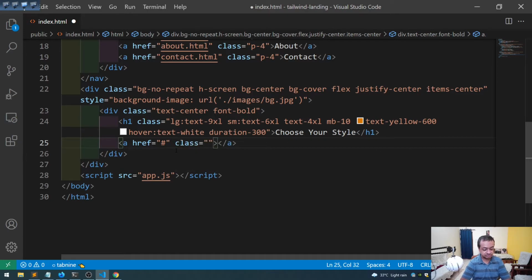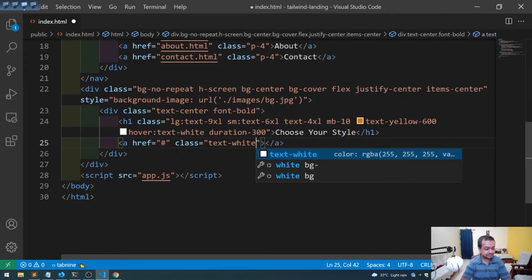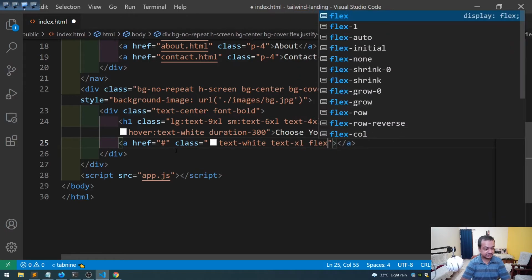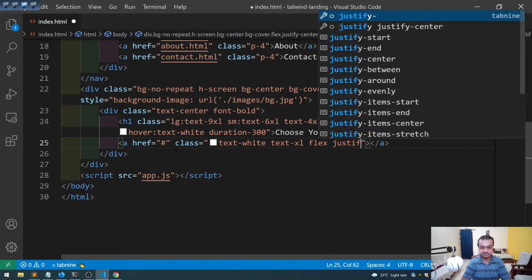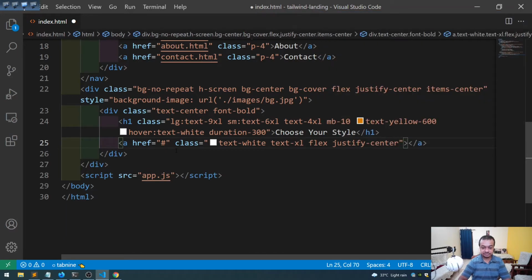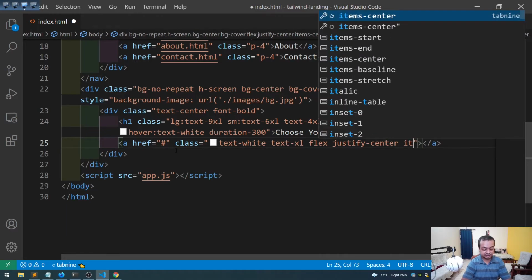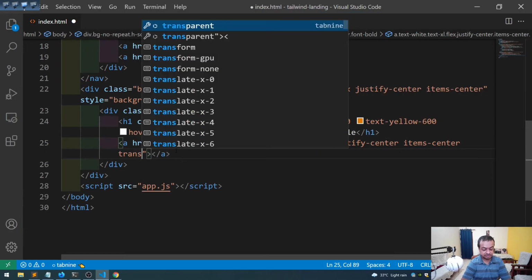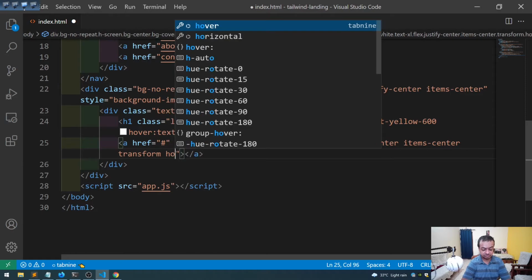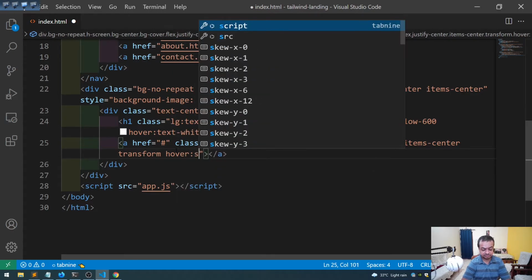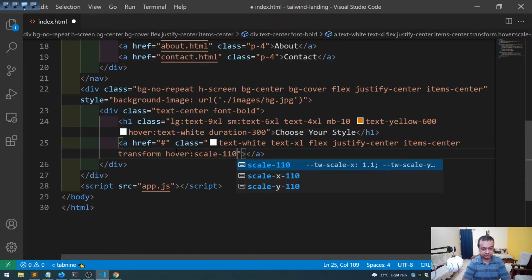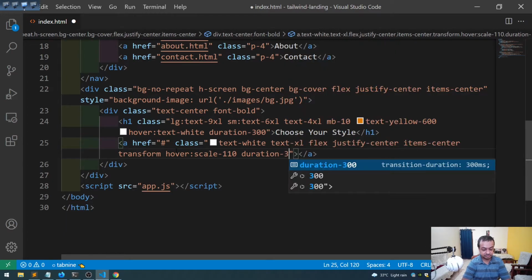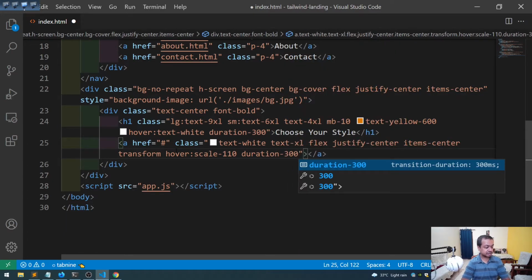Class equal to text white, text xl, flex justify center, items center, transform, hover scale 110 and duration is 300. Okay, so